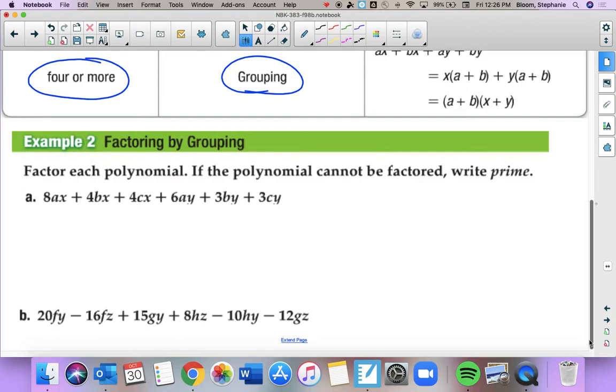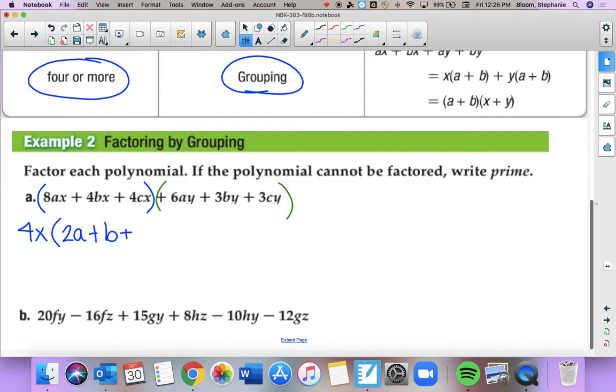If you look at these first three terms, do those look like they have something in common? What do they have in common? X, what else? A 4 and an X. Okay, so let's go ahead and group those together. And do the last three look like they have something in common? Juliet, make sure you're writing this. So I'm going to take it out. If I take out a 4 and an x of the first group, what would I have left? 2a